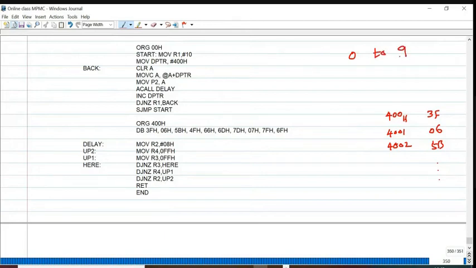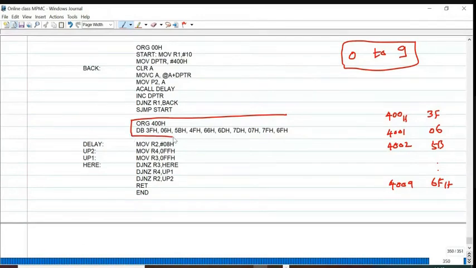Only decimal numbers 0 to 9 I am going to display. You may extend this up to A to F also, just by adding some more data in the lookup table. Up to 4009, 6FH. First identify the values to be stored in the lookup table to display 0 to 9.